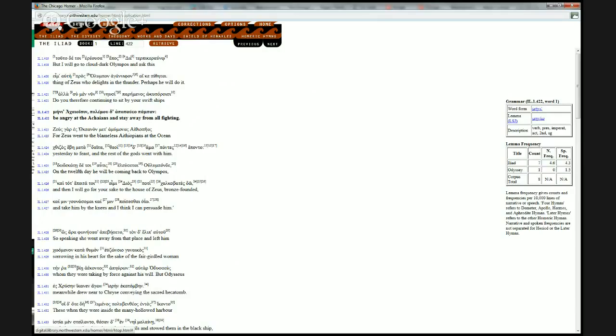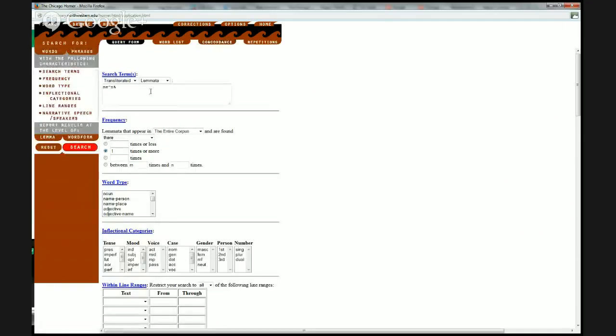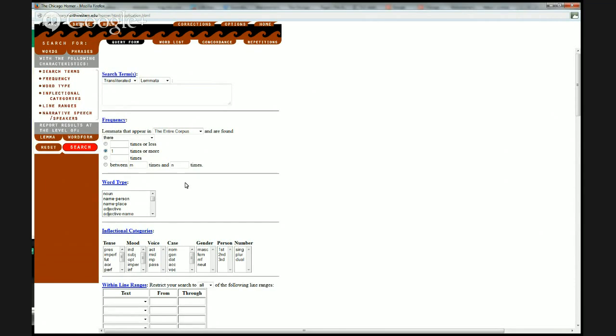We'll go back to the search. And we're back at our list, our concordance list. We can just go back straight to the query form if we want to do different sorts of searches. I see the frequency and word type. How do we use them? Okay, that allows us to do much more detailed sorts of searches, and